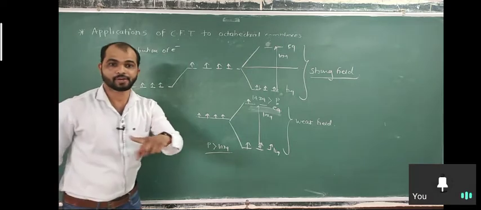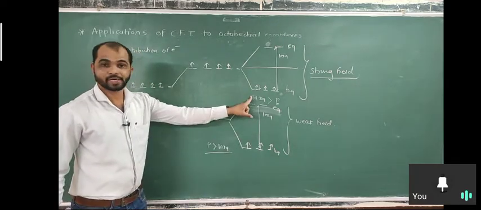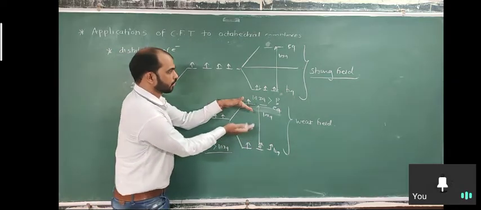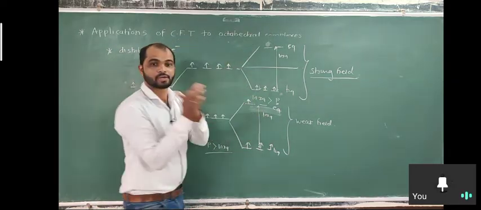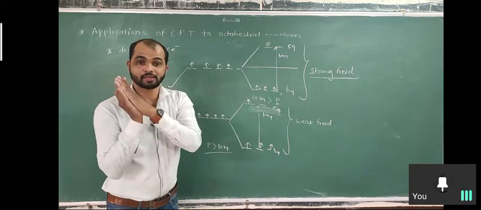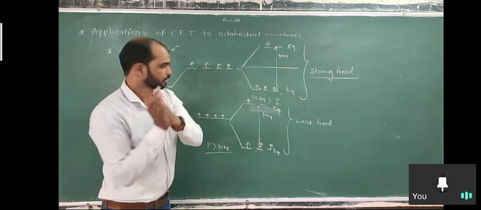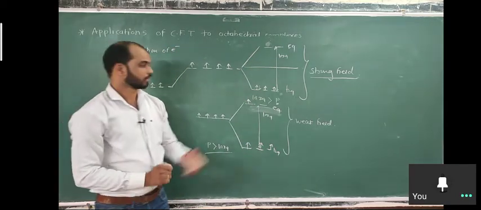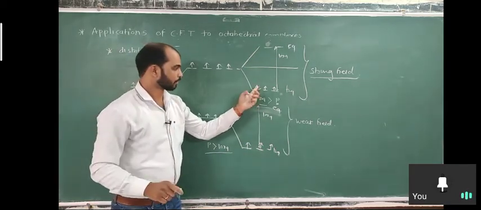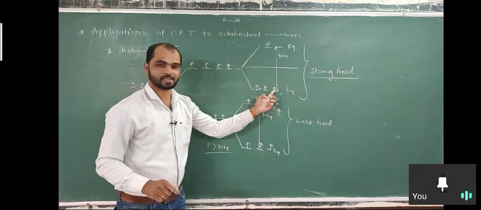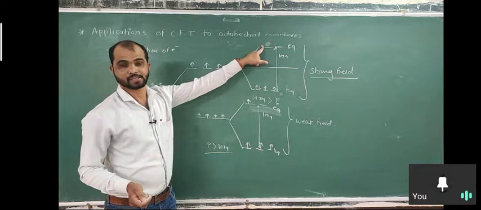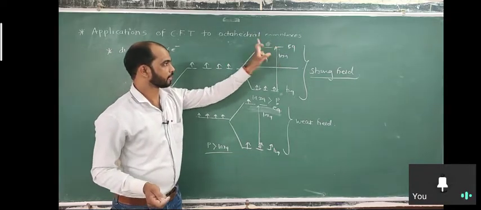So in a weak field, the electron is promoted to a higher energy state because there is a lower 10 Dq value. Here there is a higher 10 Dq value, caused by the strong field ligand. That's why the electron is paired up. So in a strong field, the fourth is here, fifth is here, sixth is here. For 7, there is no option, it always goes to the higher state. So for 7, 8, 9, 10.